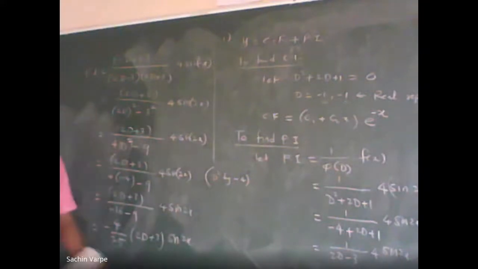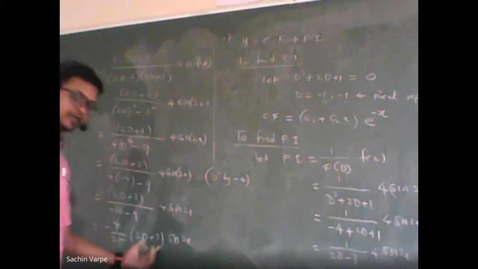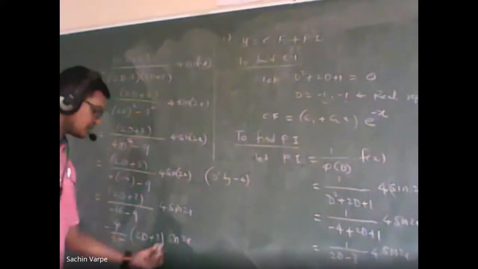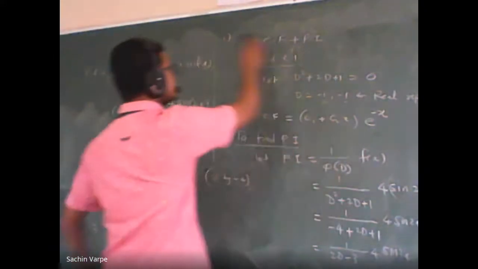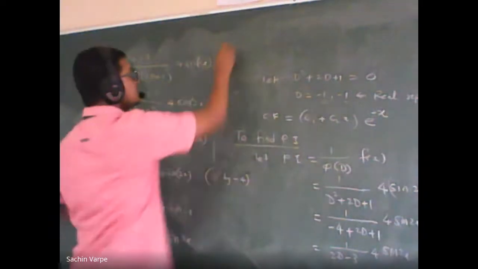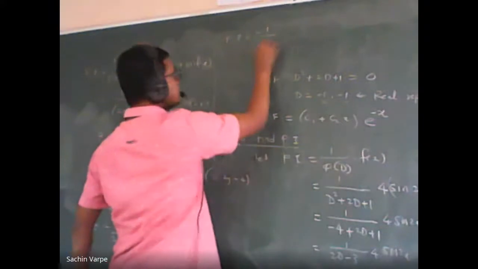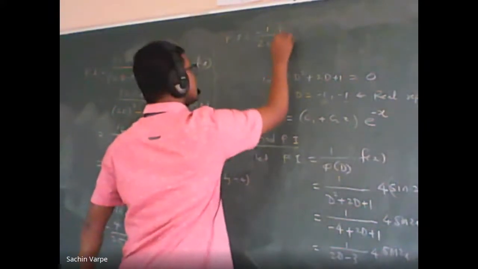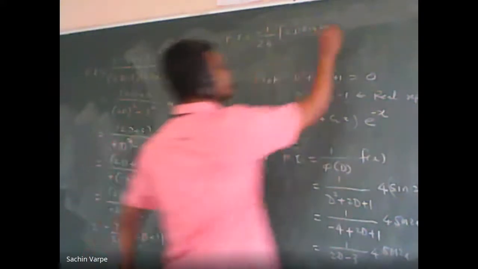All right. Now still d is there, but d is not there in the denominator. It is there in the numerator. So I can open this bracket over this function. That is 2d into sine 2x plus 3 into sine 2x. So therefore, what I'll get? I'm writing here. Is it visible? Yes. So PI is equal to minus 1 by 25 into 2d of sine 2x plus 3 of sine 2x.